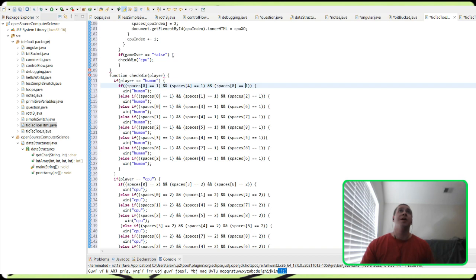And there is a valid win if these are the conditions. So this one looks like spaces 0, 4, 8. That's the diagonal cross. Then human wins. Else if 0, 1, 2, that's the top row across. And I could add comments, but